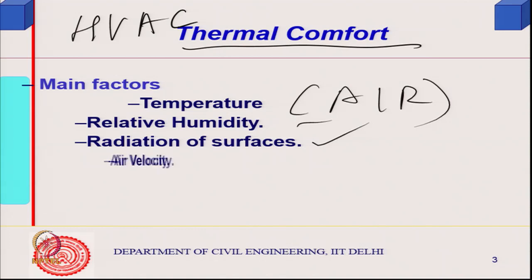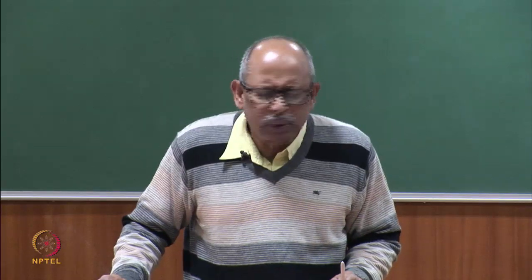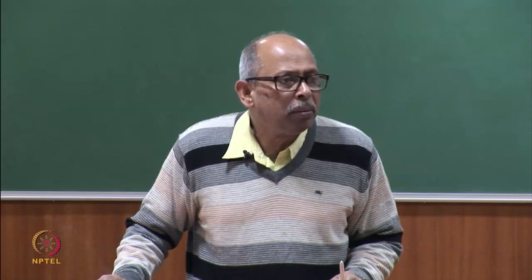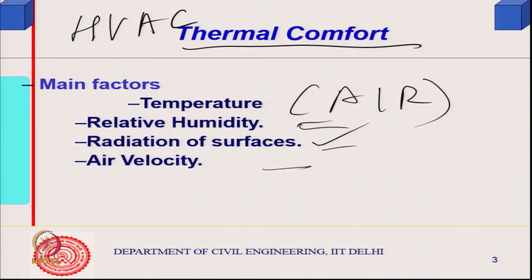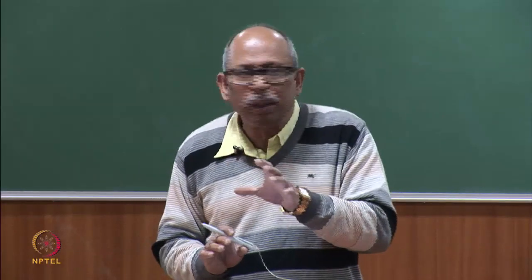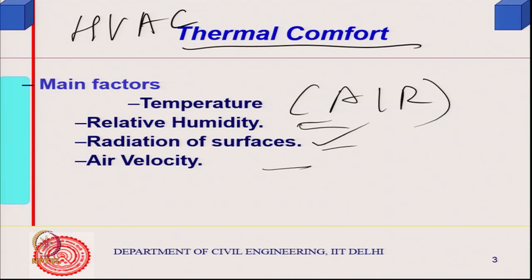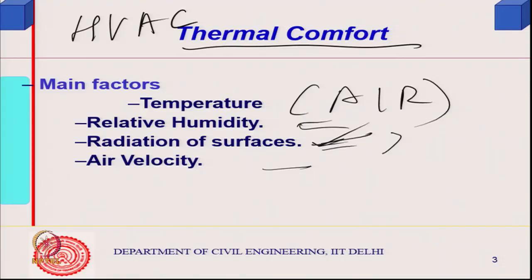And lastly, it is air velocity which causes forced ventilation, it causes forced cooling of the body, forced convection, and so forced evaporation. So, this is what is important, right? Radiation on the surface, air velocity, we have ways of defining them, but typically one would control the temperature and relative humidity only, because in an air conditioned environment, wall surface temperature, ceiling surface temperature and air temperature are nearly the same. So, radiation from surfaces can be neglected,